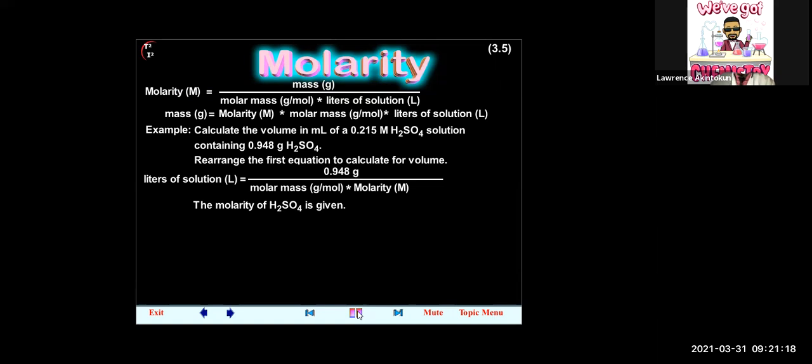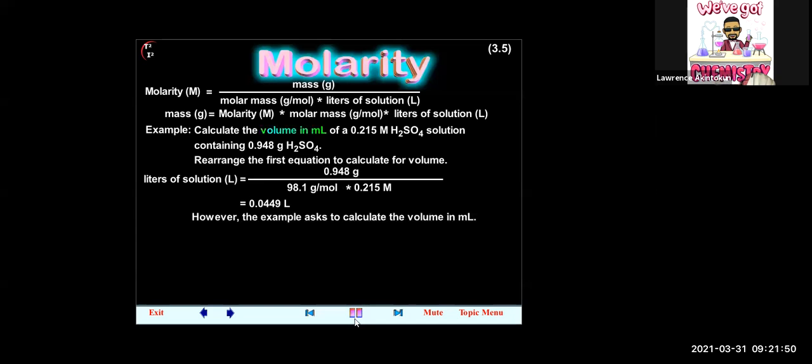The molarity of H2SO4 is given. Calculate the molar mass of H2SO4. Molar mass equals 98.1 grams per mole, equals